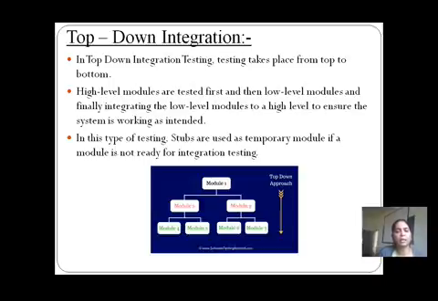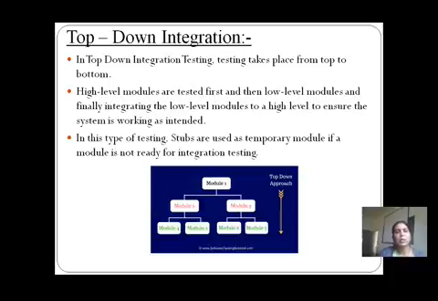See, in the hierarchy or in the tree diagram of the top-down integration, module 1 is divided into 2 and 3, which means that module 1 is dependent on modules 2 and 3. Then again module 2 is dependent on module 4 and module 5, and module 3 is dependent on modules 6 and 7.